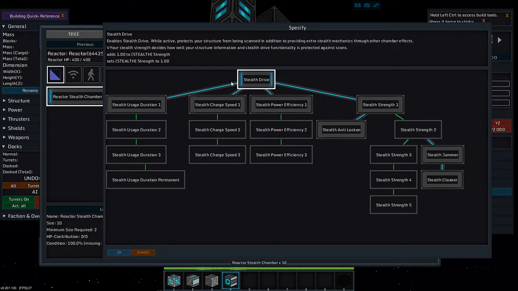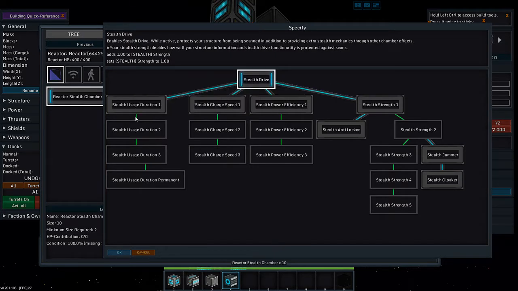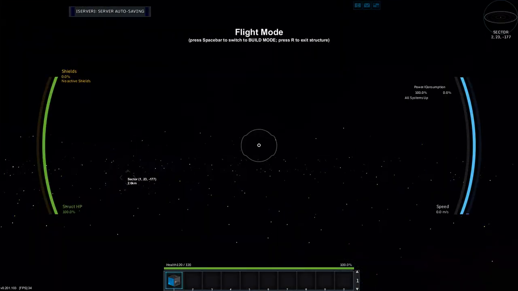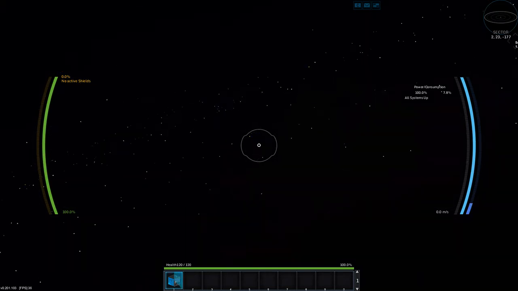These blue lines mean there has to be a connection to a different chamber set. These green lines are upgrades to a chamber. So let's give us a stealth drive. So that's now a stealth drive, and I have a stealth drive right there I can turn on. Awesome. Now does this actually turn on, or...